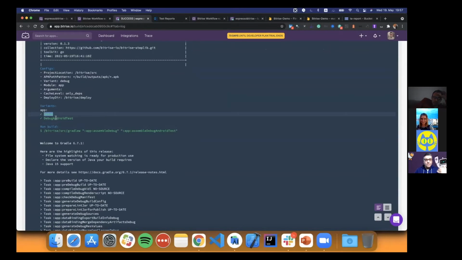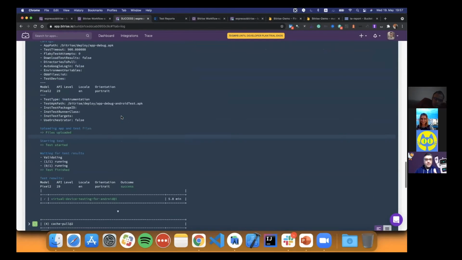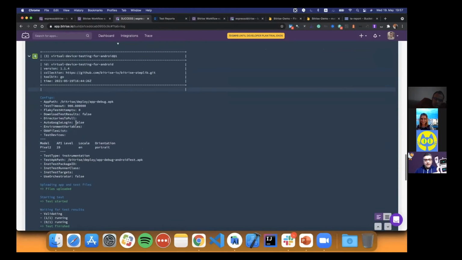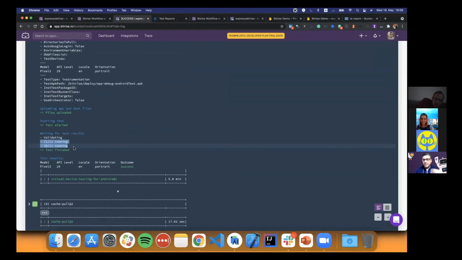Here we are, because we're specifying the module to be debug, and this is a debug Android test. So it's transformed to a Gradle command. We are running assemble debug and assemble debug Android test to build both the APKs. And then we start building. After that, another safe virtual starts taking our configuration and running the test. And after that, we get the result here, and the test result is succeeded, and it took almost 5 minutes